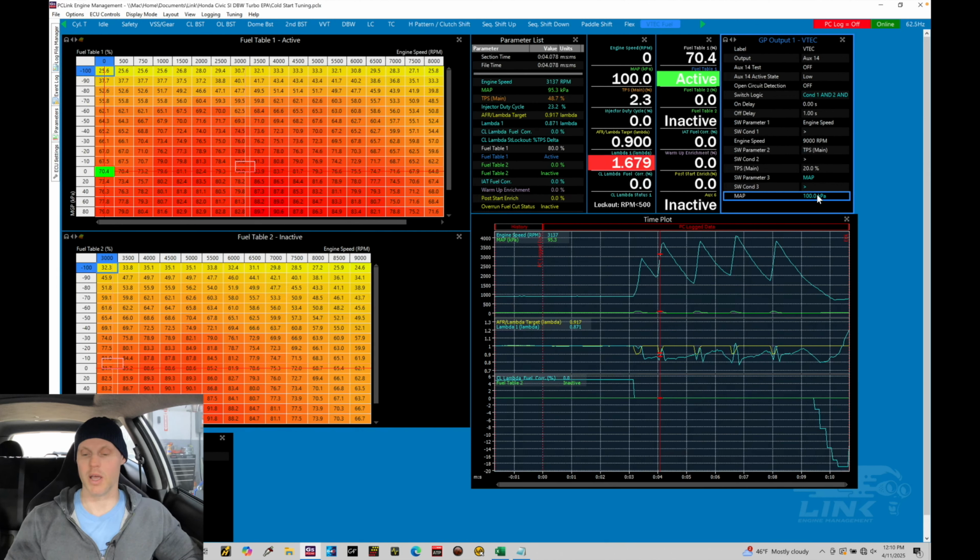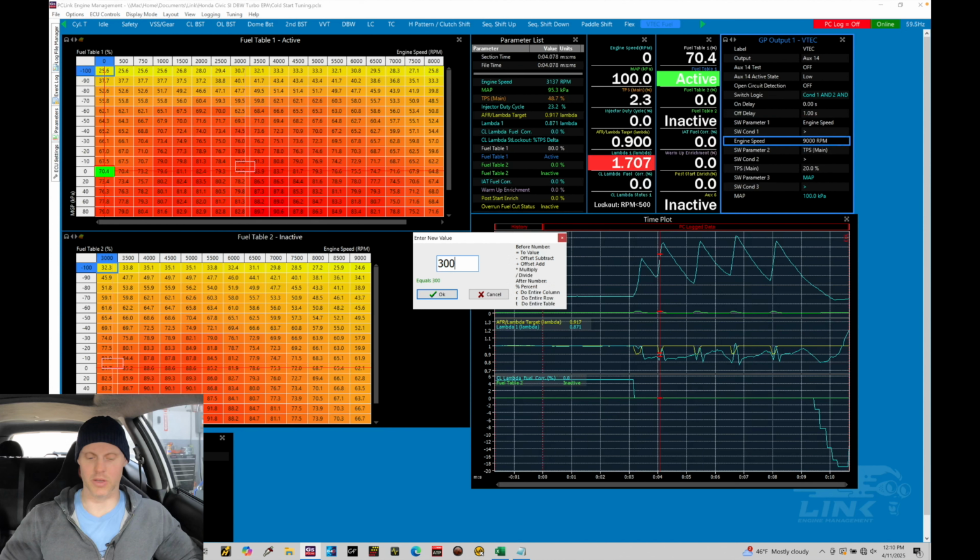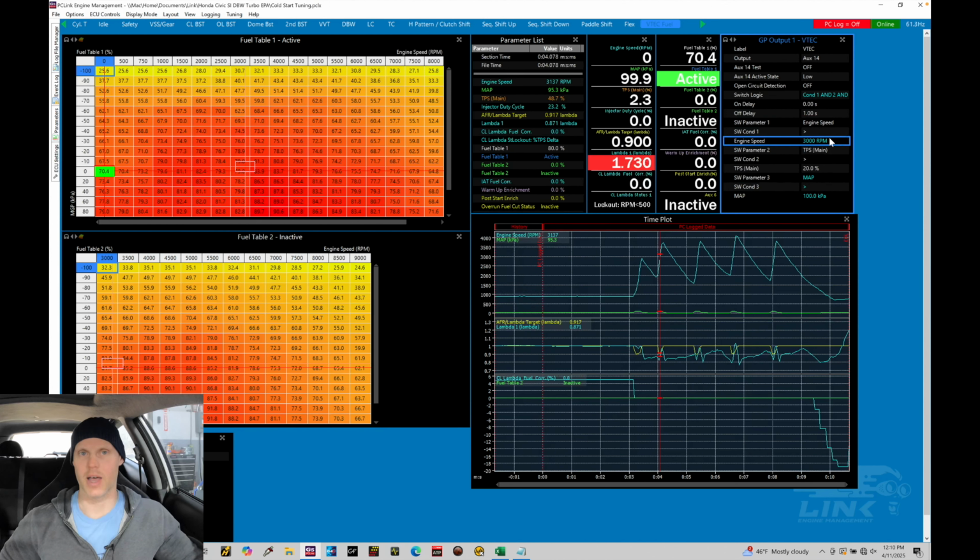for the engagement. Now, with this, I don't know what that particular engine speed is going to need to be. So for right now, we have it set at 9,000 to disable VTEC when we're doing our low cam tuning. What I'm going to do is set it low at something like 3,000. Now, we're most likely not going to have it at 3,000. The engine's very likely not going to like it that low,